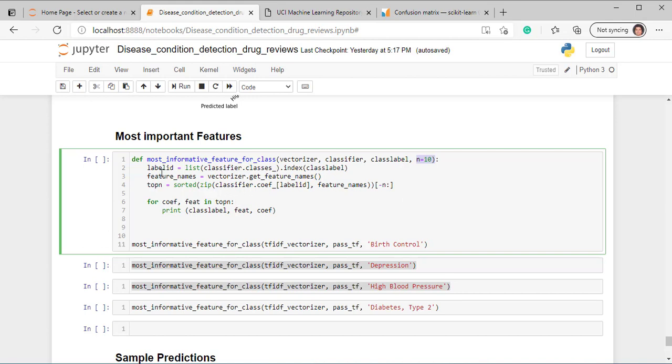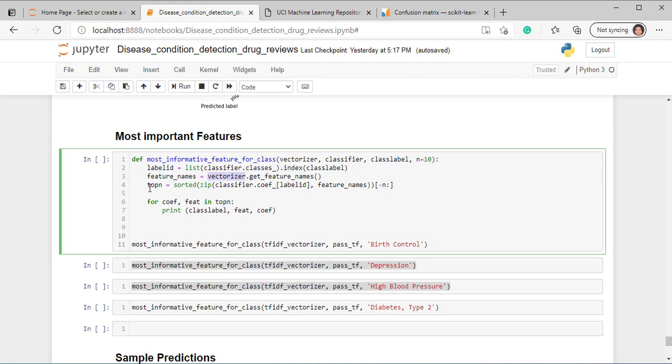Then we are creating label ID by creating the list of all the classes in the classifier, and then we are retaining all the indexes of those class labels. Then we are making feature names, and you can easily get the feature names by using vectorizer.get feature names, and this is available in both the bag of words and TF-IDF vectorizer.